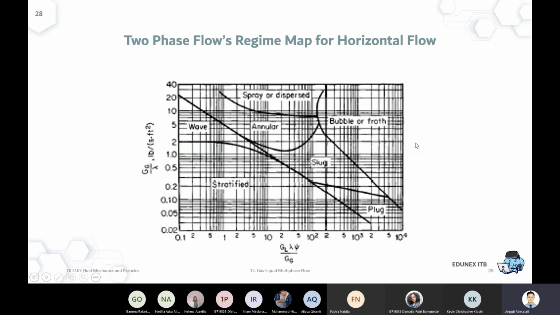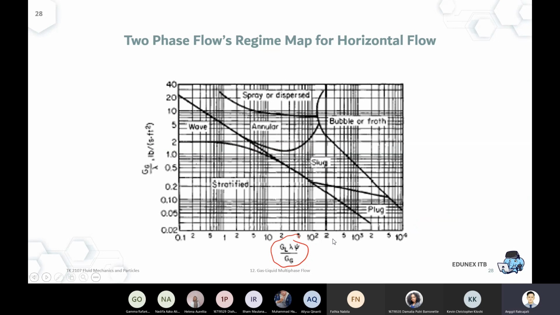So, yep, there's another way to express the regime map, again with different units, but that's just the proof of what I said earlier. It's just a guideline that helps us to be able to know the regime as fast as possible for a specific application, for a specific fluid combination.